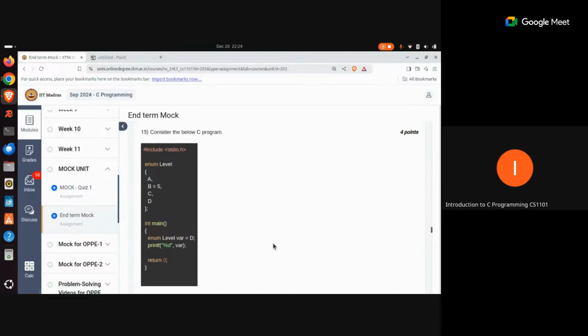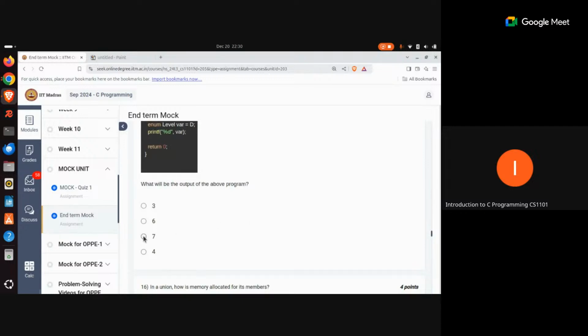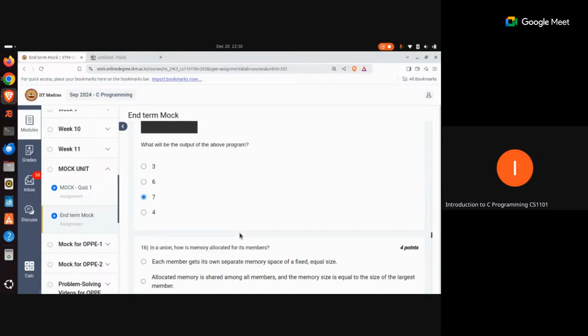Okay, this is based on enum. We have already discussed it, and here it is explicitly giving a value of 5 to B. That means A is again going to get the value 0 only, but B will start getting the value 5. And the further values written afterwards, that means C will get 6 and D will get 7. So it creates a variable VAR for this enum, and it assigns the value D to it. So can you tell me what is going to be the decimal conversion for this value D here? 7. It is going to be 7. So the answer is going to be 7 here. All right.